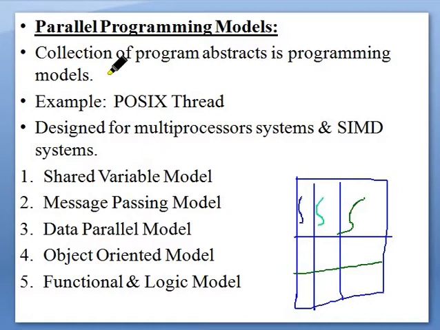The systems for which parallel programming models are best suited are those where we find multiprocessors. Assume one processor, another processor and a third processor, so you can map each thread to each processor.